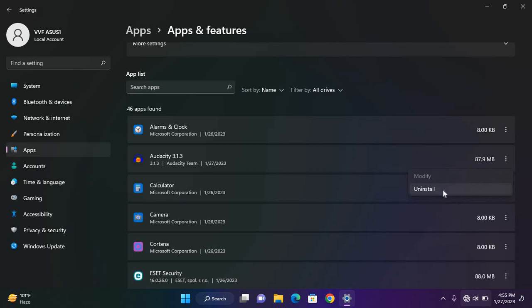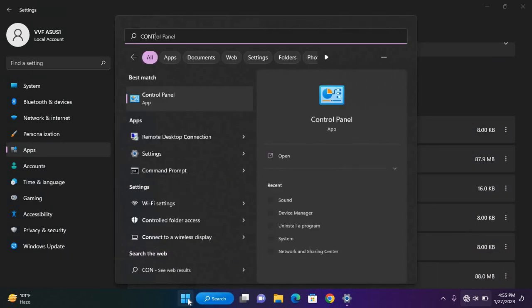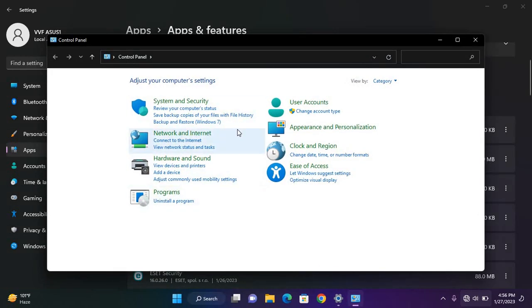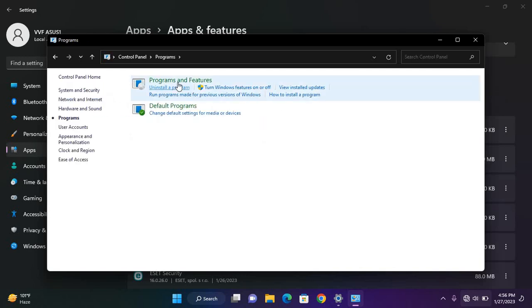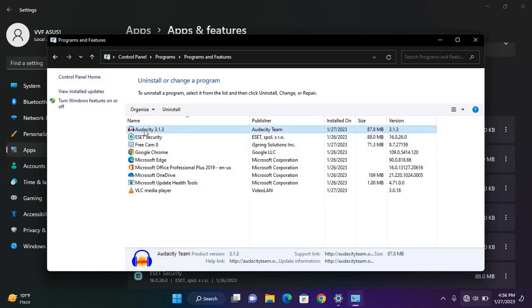Or one other way is you can go to control panel, click on your start button and search for control panel. So in the control panel, you go to programs, and then programs and features. And these are the programs available. So this here is the Audacity. When you click on this, you click on uninstall. But let's use the